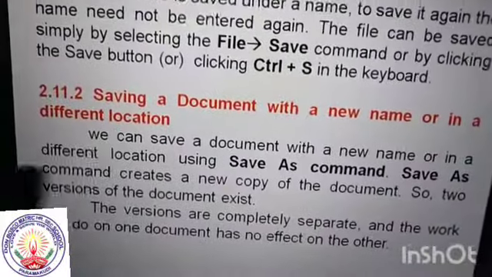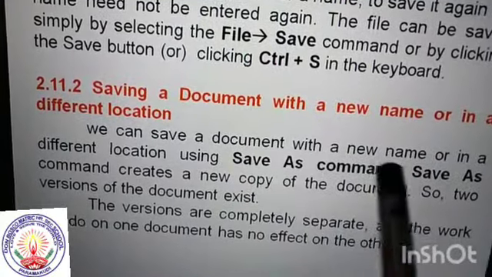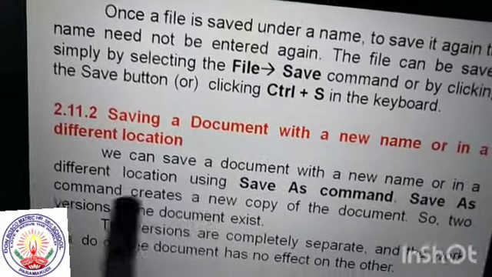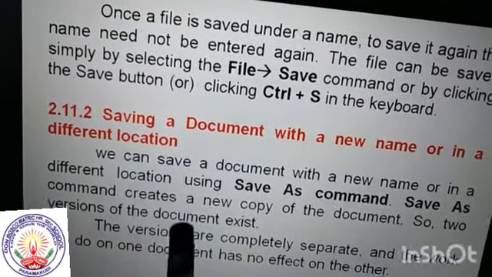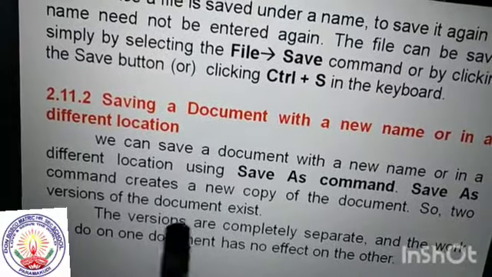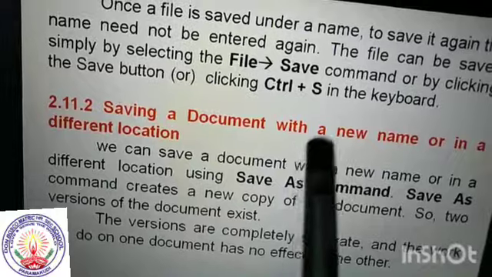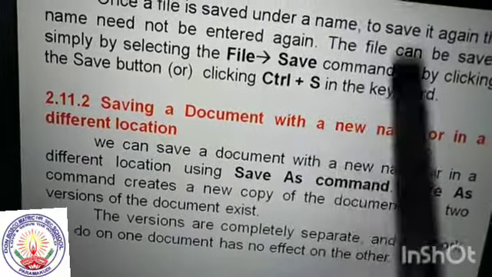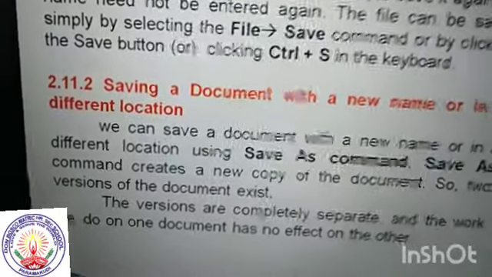What are the uses of the Save As command? We can save a document with a new name or in a different location using the Save As command. Save As creates a new copy of the document, so two versions of the document exist. Save means you have already saved a document; when we want to save that document again under another name, we use the Save As command.